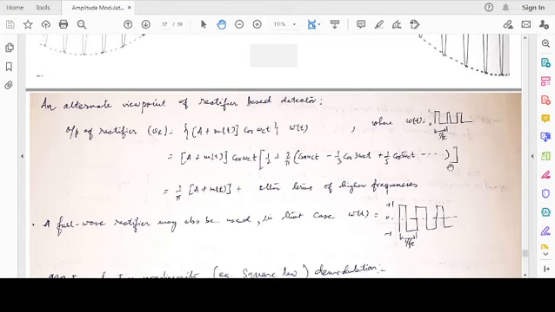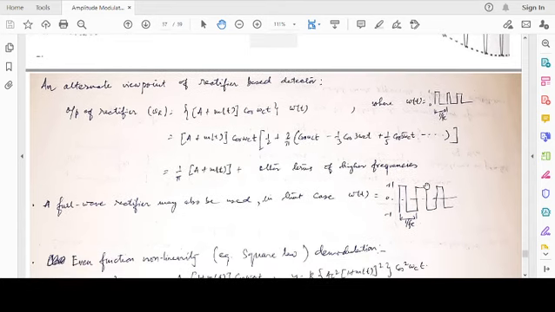When you do a low pass filtering, you actually throw away this component. You only keep the components which are associated with cosine omega ct. So cosine omega ct times cosine would give you the corresponding DC component. So you have 1 by pi (A plus m(t)) plus other terms corresponding to higher frequencies. So this is the basic principle of a rectifier based envelope detector.